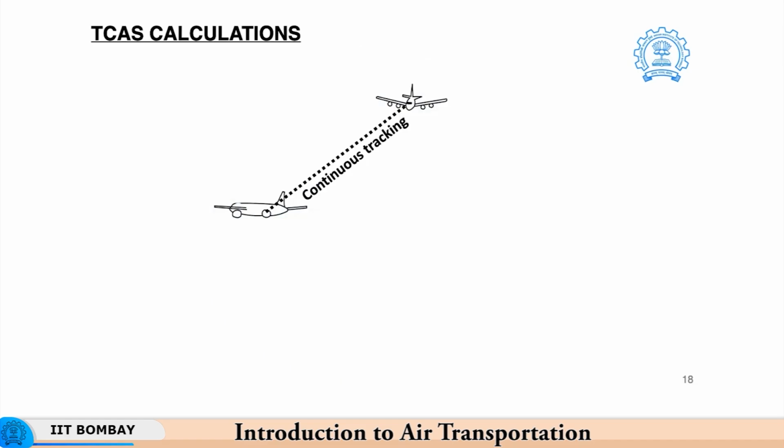After this locking is obtained, the aircraft will continuously track this intruder aircraft. This tracking will include details associated with the altitude, the relative bearing of the intruder aircraft, the airspeed associated with the intruder aircraft, and the most important aspect related to this system, which is called the time to collision. Based on the underlying calculations that the two computers carry out, this system basically tries to answer the